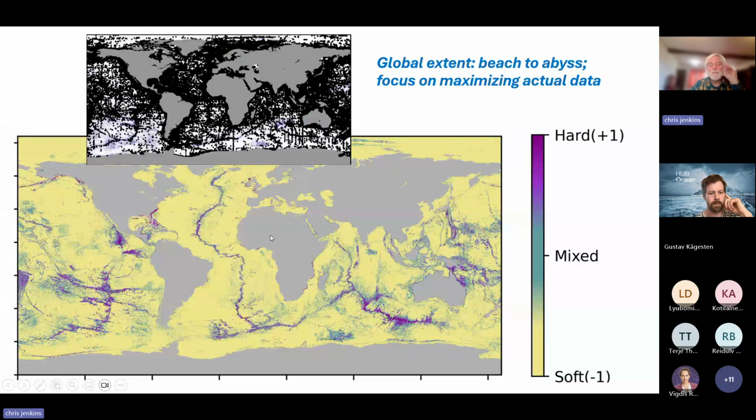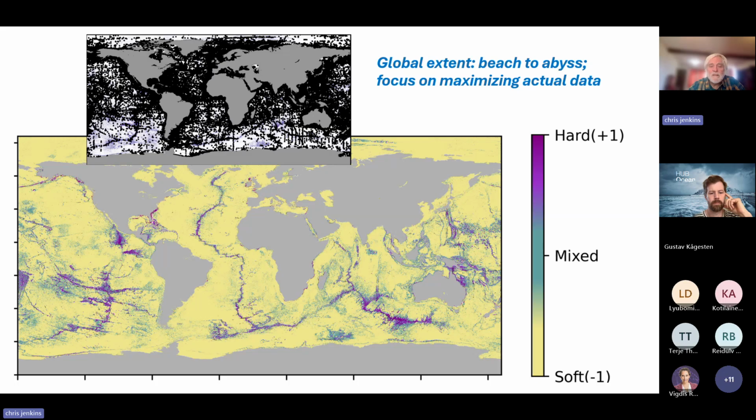dbSEABED is a research project where we're feeling our way forward, and it's based mostly at the University of Colorado in Boulder. It aims to get global coverage of descriptions of the seabed materials. So we're not really concerned with bathymetry. We're really focused on the materials. And of course, that has a lot of applications in ecology and use of the seabed and sediment transport and so on. So I'm showing you a graphic here just to introduce the total system.